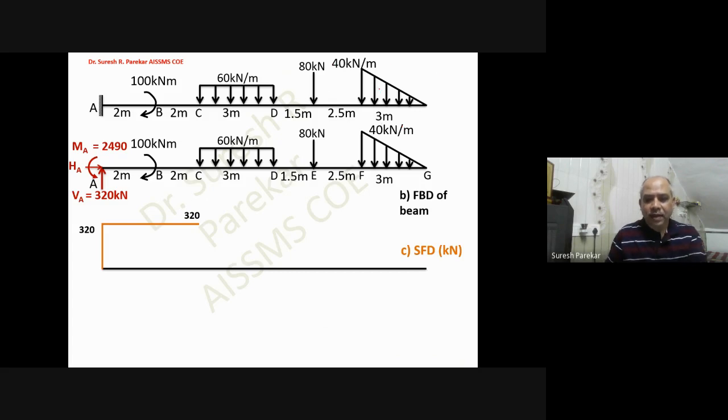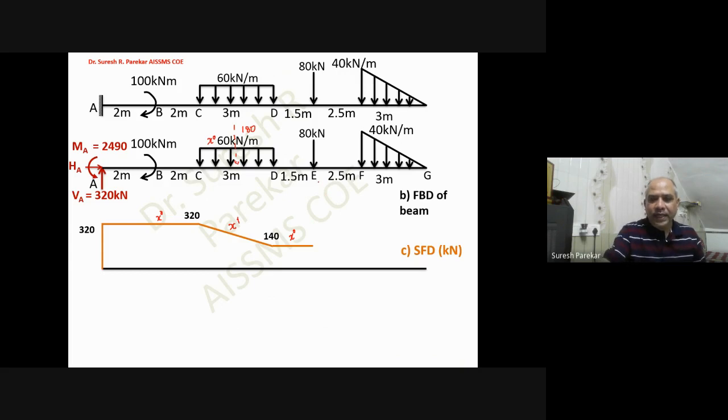As we have here a polynomial function x to the power 0, here we will go x to the power 1. And then we have 140. So this is x to the power 1, and the total load we have will be 180. Therefore it will be 320 minus 180, 140. Then it will be the same till E. So you can see this, here we do not have anything. This will be x to the power 0, here x to the power 0, x to the power 1. Here we do not have any load, so x to the power 0.